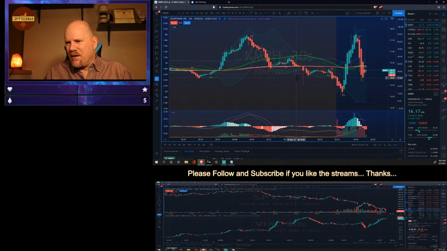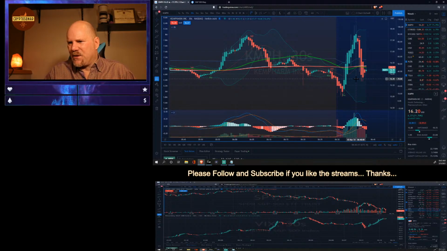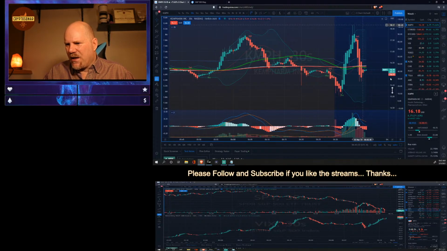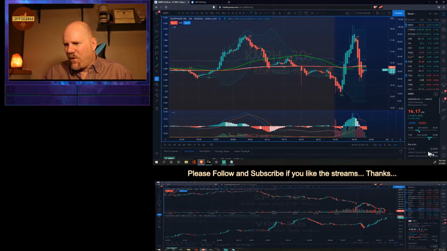It's on a little bit of a pullback now, still a little higher than what it opened at. So still up 71%, but that thing ripped all the way up to 18.15. So 18.15 is where it topped out on the day, and you can already see that this thing averaged 3.14 million shares per day, and it's already traded 22 million shares. So that's what's interesting there.